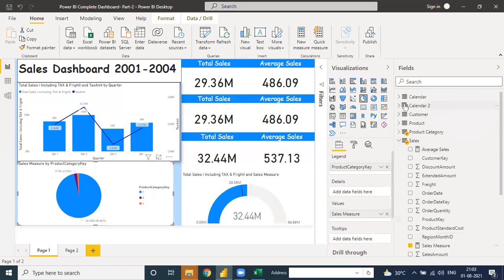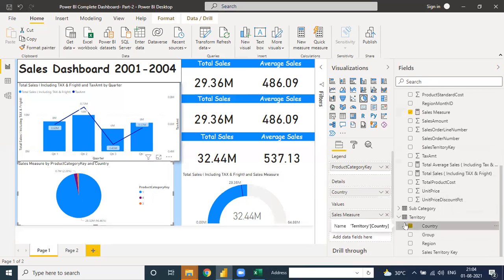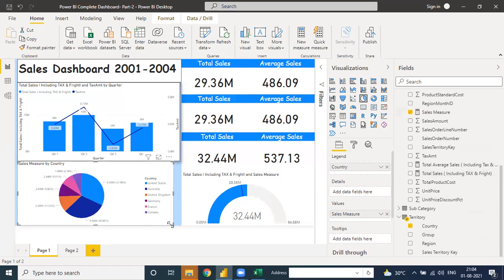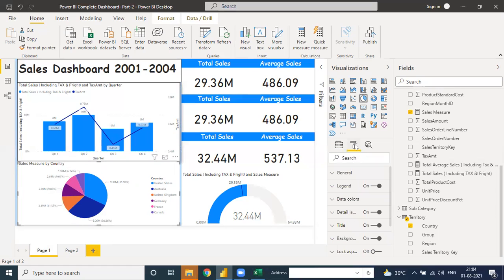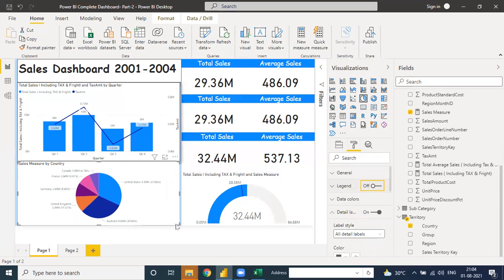Or if you use territory wise, you can directly go to the territory, and if you need country wise, then remove this one. Under the country, see, the country wise sales is ready. Country wise is total sales. Suppose here is a legend. Suppose you don't want to show the legend here, then go to the detail tab, choose all detail labels from here, like see United States has 31.98%, and remove this one. Okay, so this one is called a legend. You can directly remove this one and your pie chart is ready.